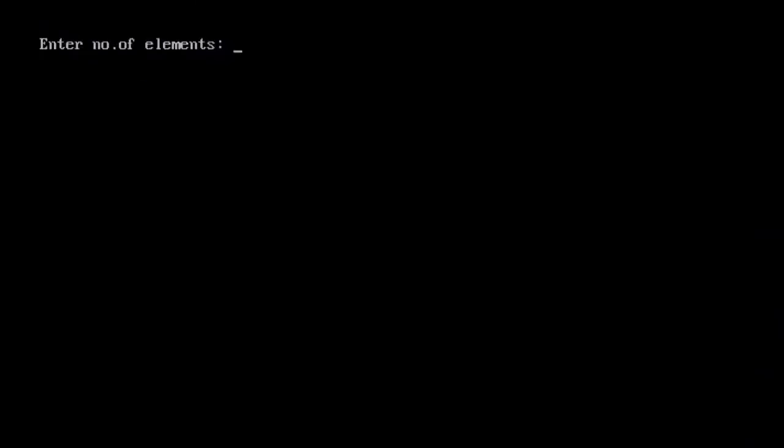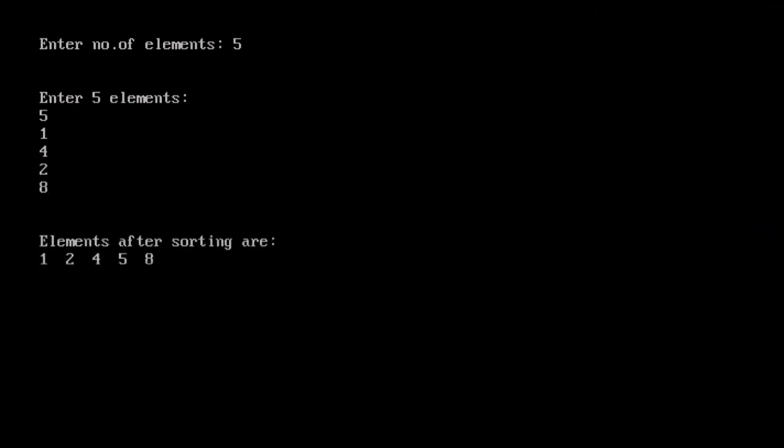Enter the number of elements: 5. And the 5 elements are 5, 1, 4, 2, and 8. So you see, after this, the elements are in sorted order: 1, 2, 4, 5, 8.